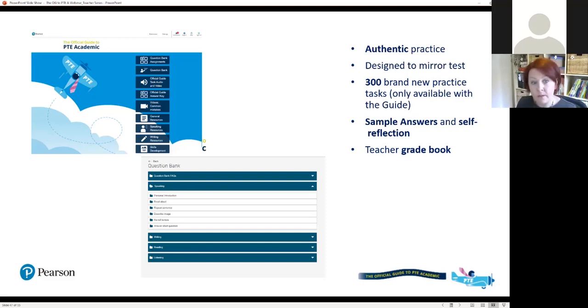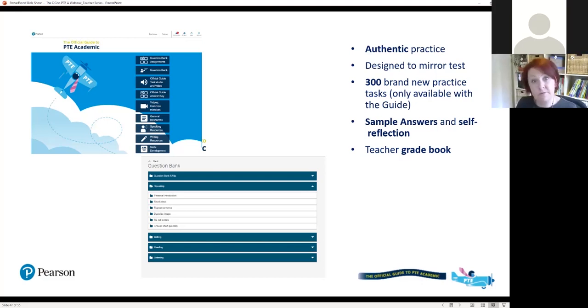For answers that are correct or incorrect, you get something called smart answer keys. So that shows you a little bit around why your answer was correct or incorrect. And it's not scored, but for speaking and writing, you get sample answers, and the student can go back and listen or read their sample answer again against their response and see how they're doing.